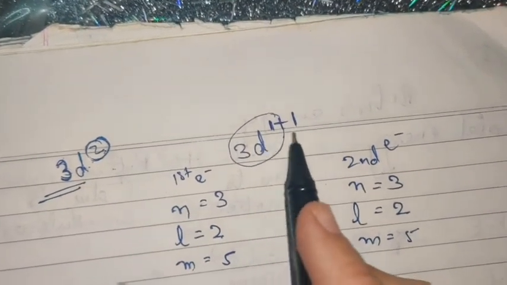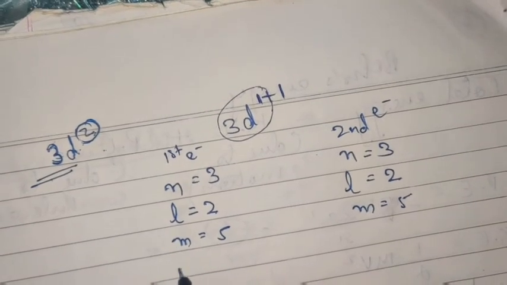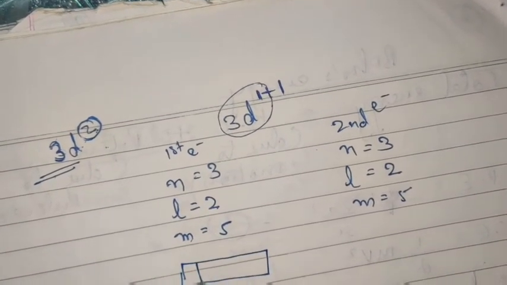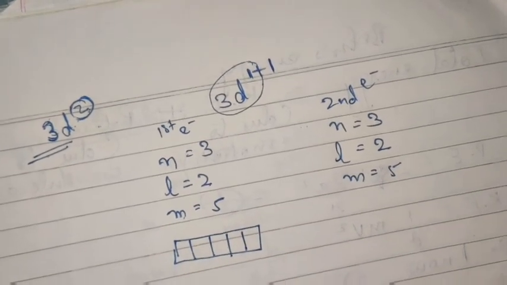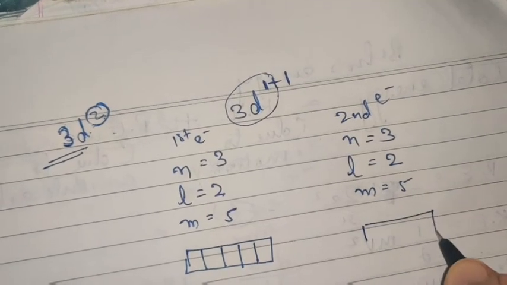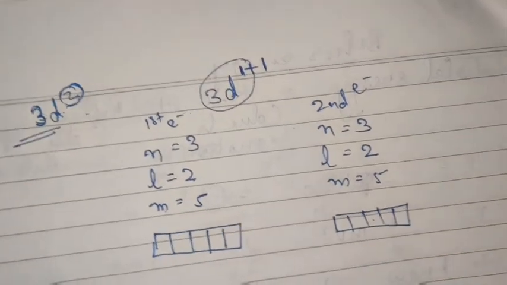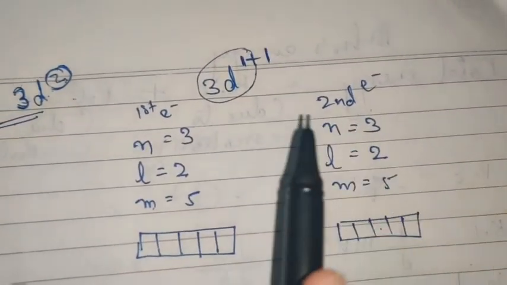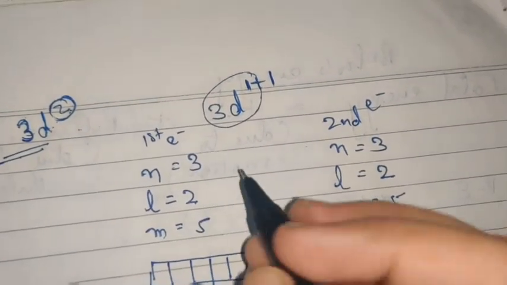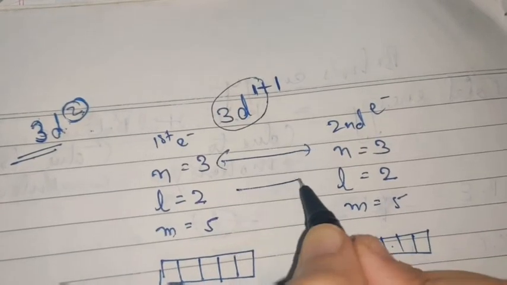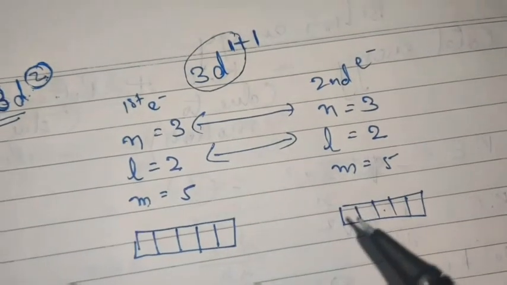Now when we talk about these two electrons, if suppose I have to represent the orbitals, D has 5 orbitals, 1, 2, 3, 4, 5, these are the 5 orbitals. Again in this case also the orbitals will be 5, 1, 2, 3, 4 and 5, right? Though the case is the same, these two electrons are in the same system. That means this is also same and this is also same. So obviously this will also remain same. But we are talking about 2 electrons.